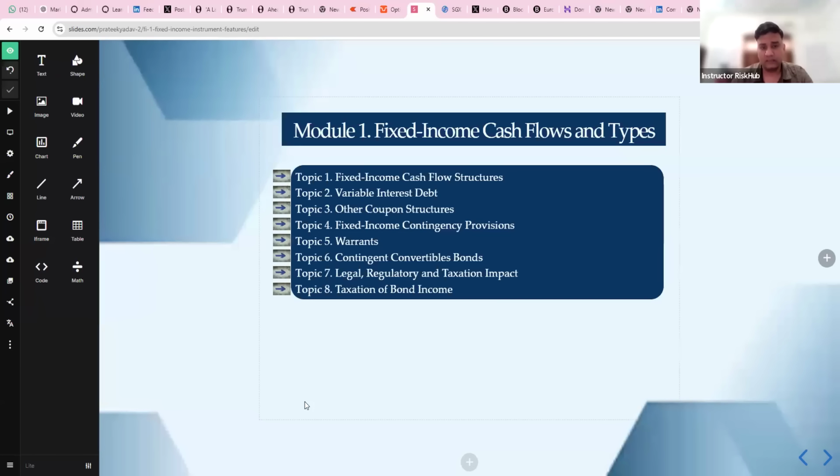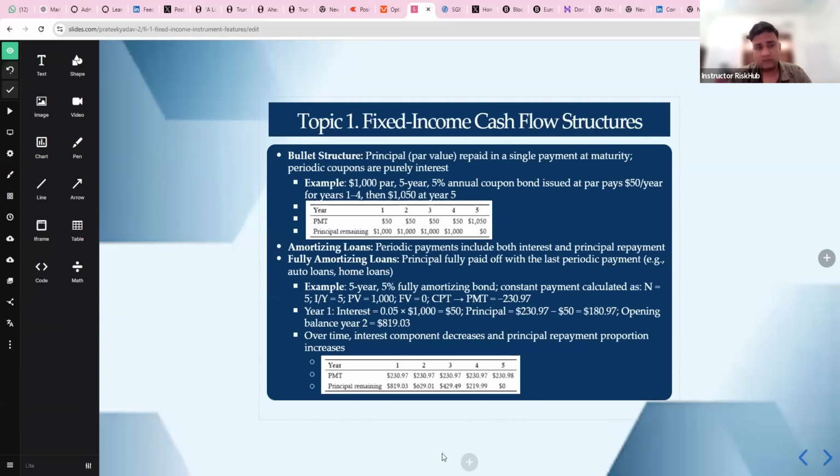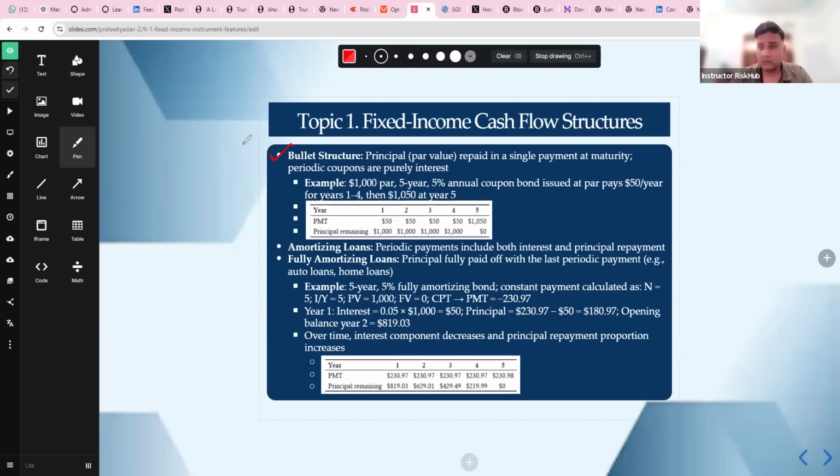So if we start with the first topic, which is about fixed income cash flow structures, let's try to understand that. Okay. So in your fixed income cash flow structure, what do we have? The first structure is your bullet structure, meaning bullet bond, right? So what is a bullet bond? In simple terms, a bullet bond pays coupon every period and full principal only